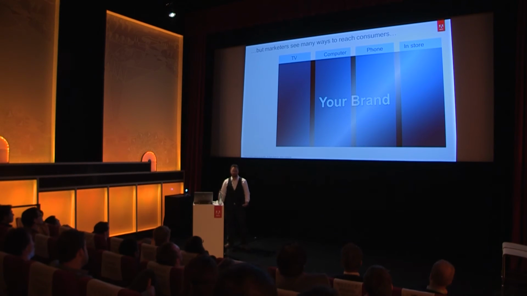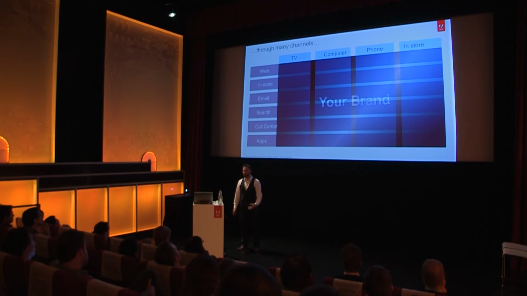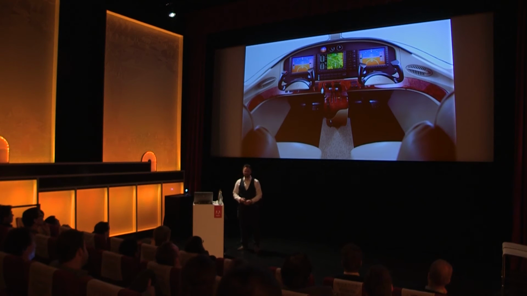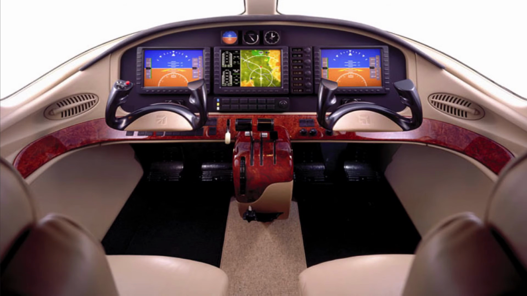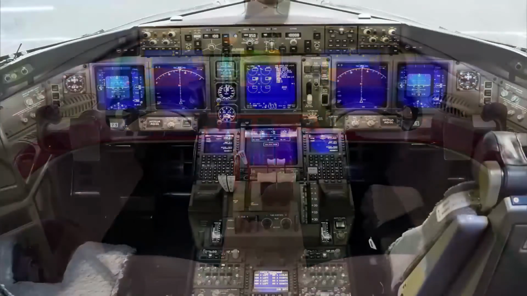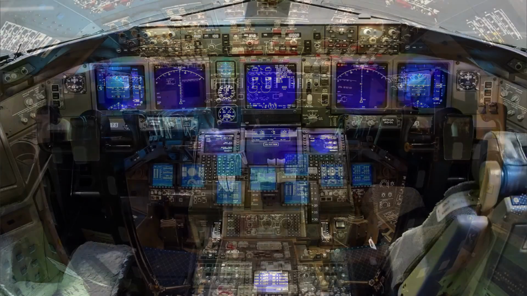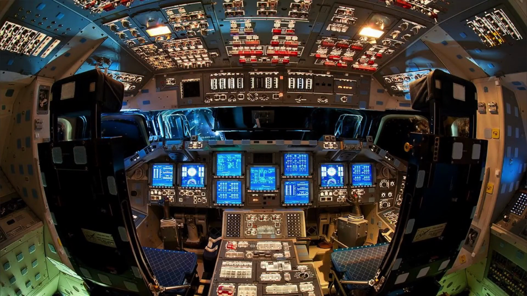So we all know that it's so much more complex than just our brand, but it's all the channels in our brand and all the different paid, earned, and owned sections of those channels. And as we get to the complexity of all that attribution, we can go from that happy place again. You know, besides racing, I love flying. But when we start to feel like a really good expert in display or search or social or wherever, as soon as we begin to try and reinvent ourselves, it gets worse and more complex. And as soon as we ask more attribution questions, it gets worse. And next, it feels like we're sitting in the space shuttle. We have absolutely no idea which button to push.